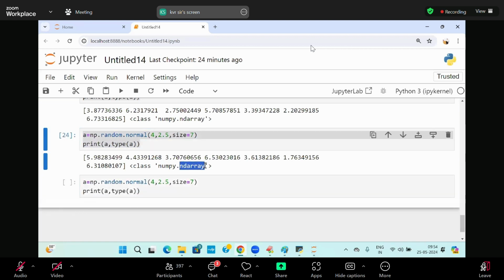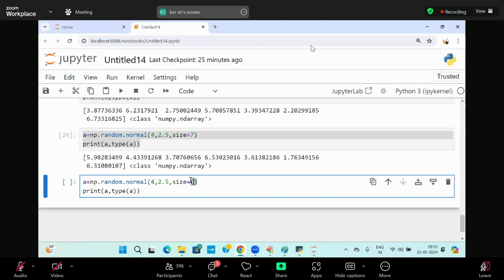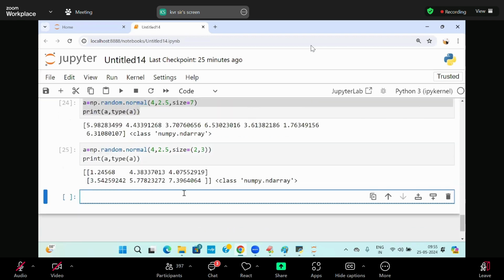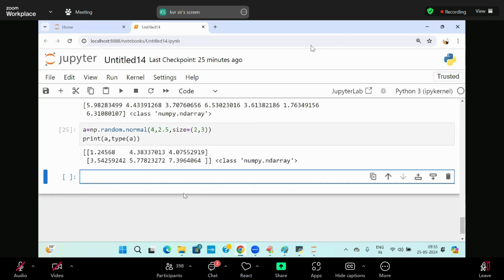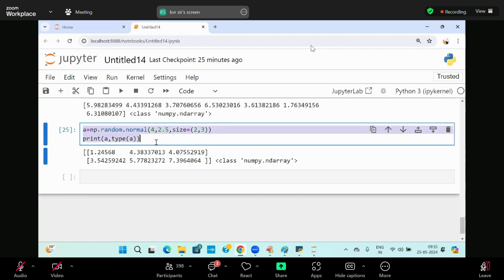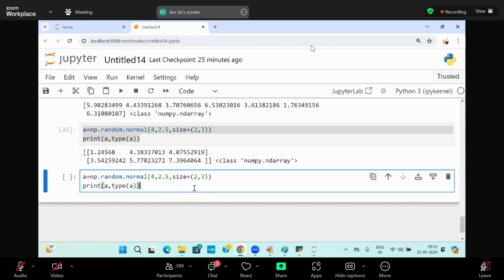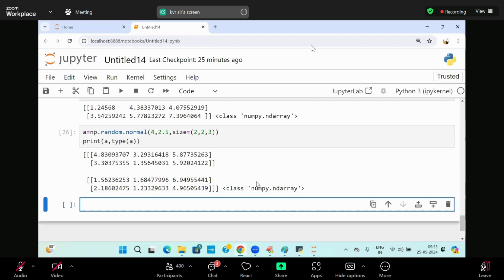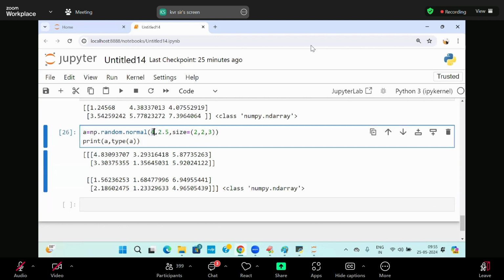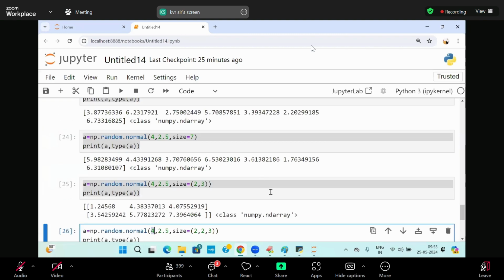My interest is to make you understand. Size is equal to what here? 2 comma 3. Size is equal to 2 comma 3, and try to observe it. Now what am I going to get? 2 comma 3. Next I'm going to take 2 comma 2 comma 3. And out of that you are going to get some values here. All positive values are coming. So when you get these positive scenarios, it depends on the scaling, depends on the number of samples, all these things